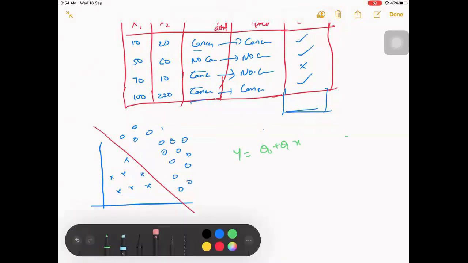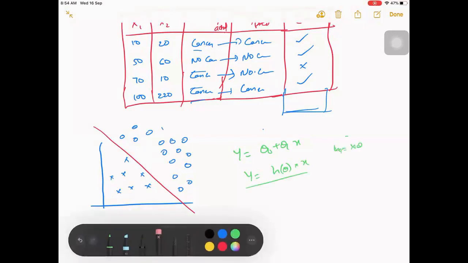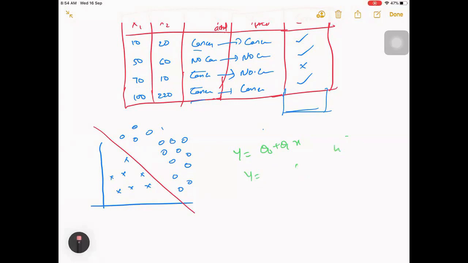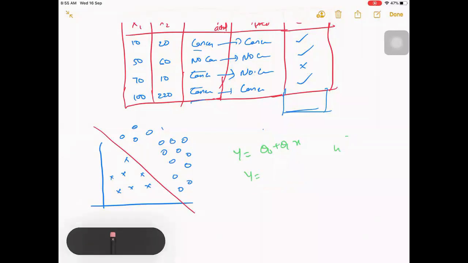Usually instead of representing the entire thing, what people will call it is y equal to h of theta x, just like how we earlier had y equal to x theta. It's similar to that, just that we have it as h of x. Some people call it h of theta x, or h of x maybe. Let's take it as y equal to h of x. Okay, you have this now.